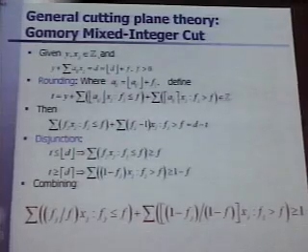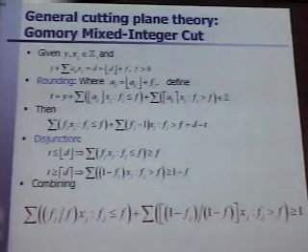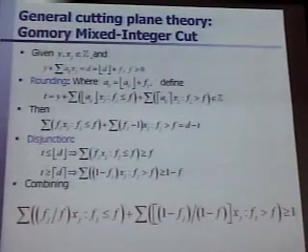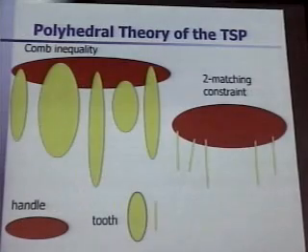So what you would like to do now is to describe the polytope, given as the convex hull of some points, by linear inequalities. And here is a general machinery, the Gomory cuts, but that simply doesn't work in practice. So you come up with some new ideas. I will not explain that to you.